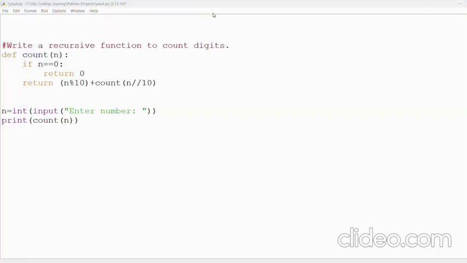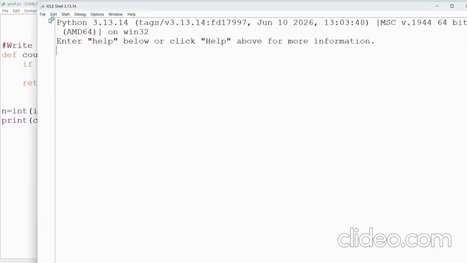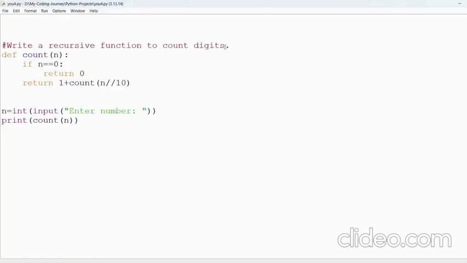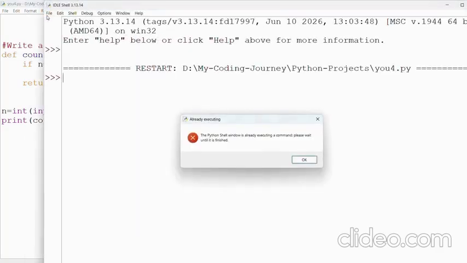Wait, this is wrong. Otherwise, it should return 1 plus the function count of n divided by 10. So it will count the number of digits. Now let's check with 3, 3. Okay, this is the question and answer. The proper solution of this question is